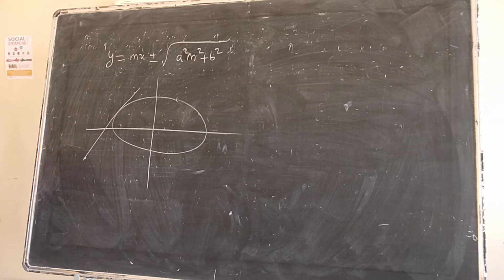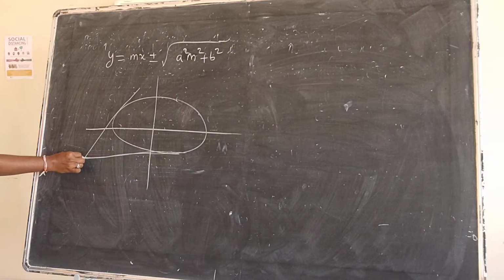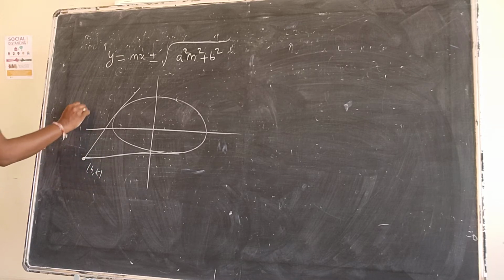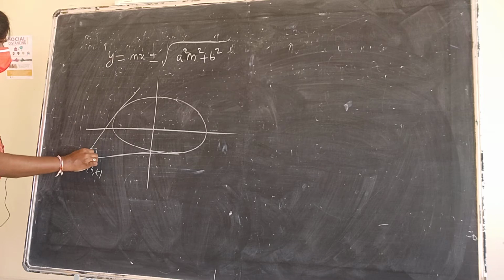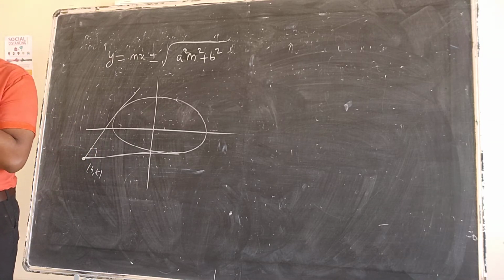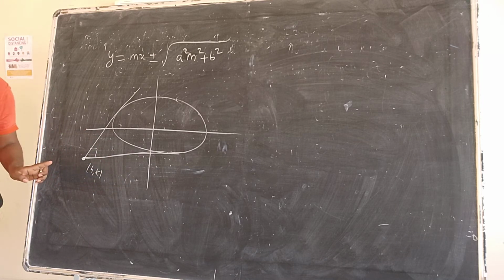Okay. From this point you have drawn another tangent. Now this intersecting point is there. So this intersecting point is, let us take h comma k. The locus of these points which makes 90 degrees. Do you know that director circle? I am going to teach that condition now. So do you know, understood?